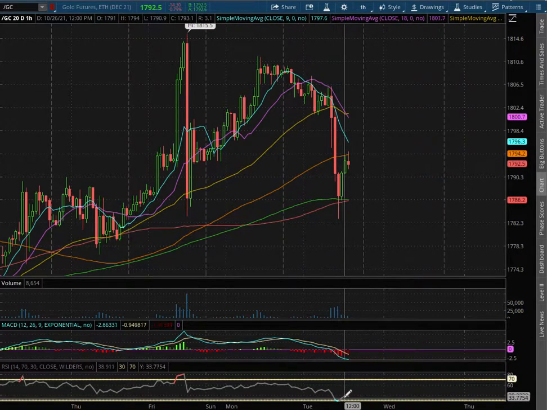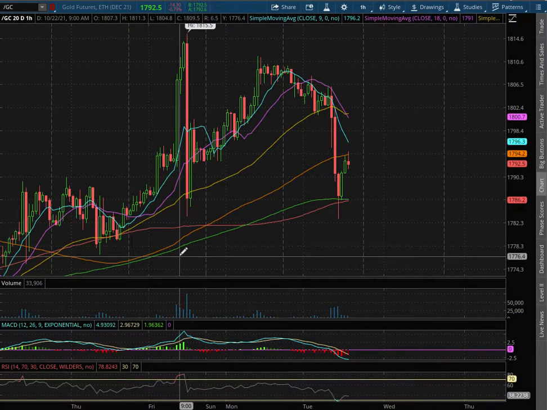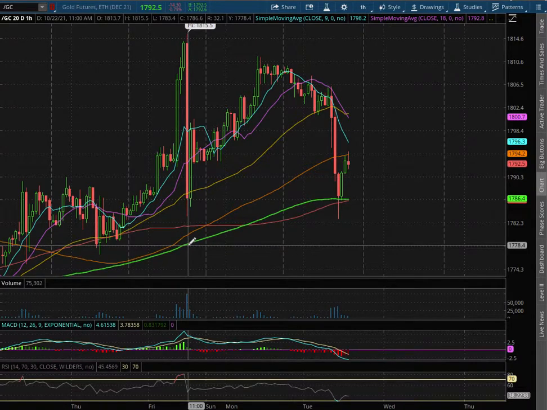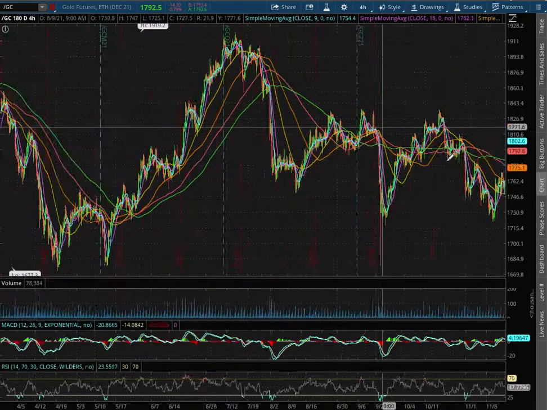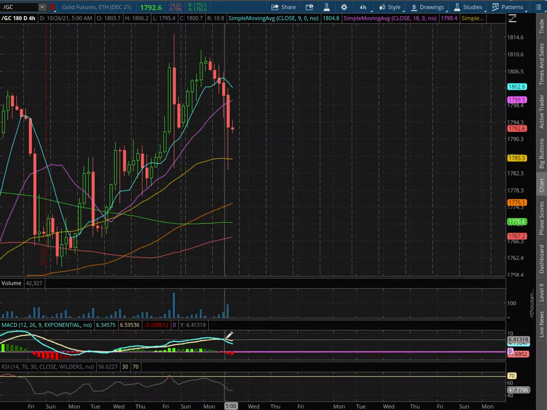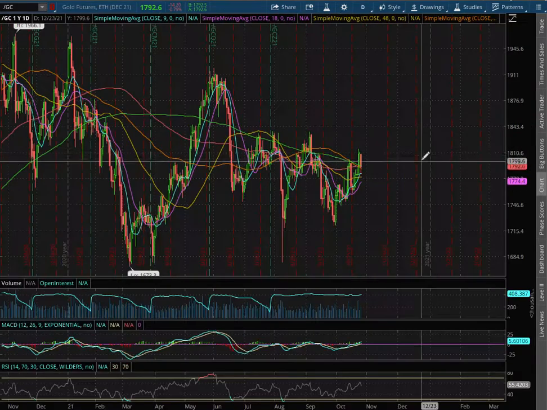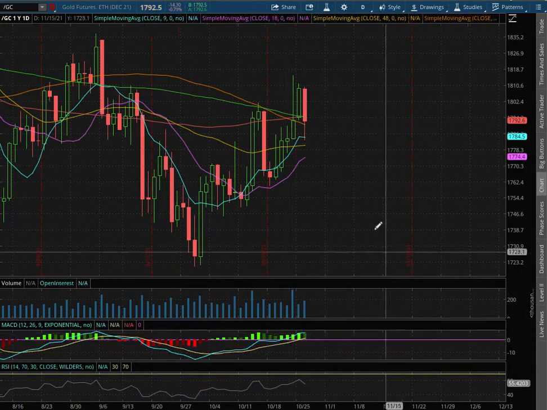We're slightly off of oversold levels with the RSI. We bounced right off the 200 moving average, this green line, at a price of $1,786. With the 4 hour chart, we remain in MACD. We did see it diverge. As we extend out to the daily chart, we are in MACD territory.